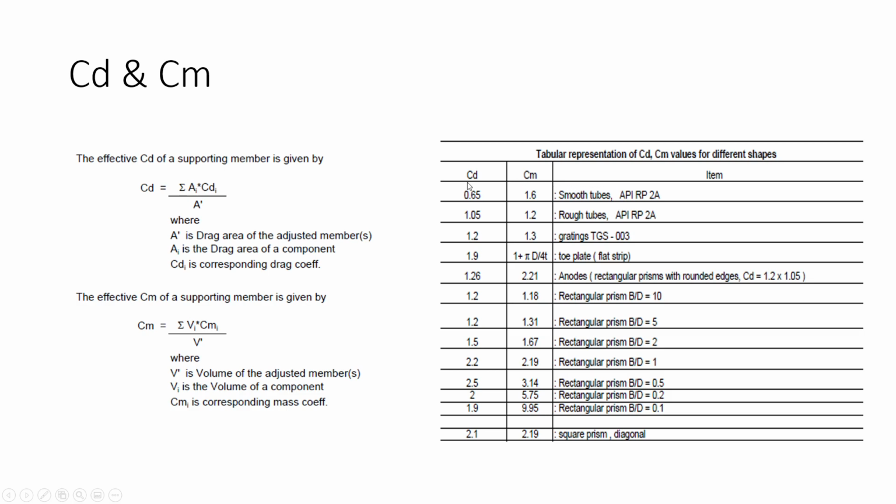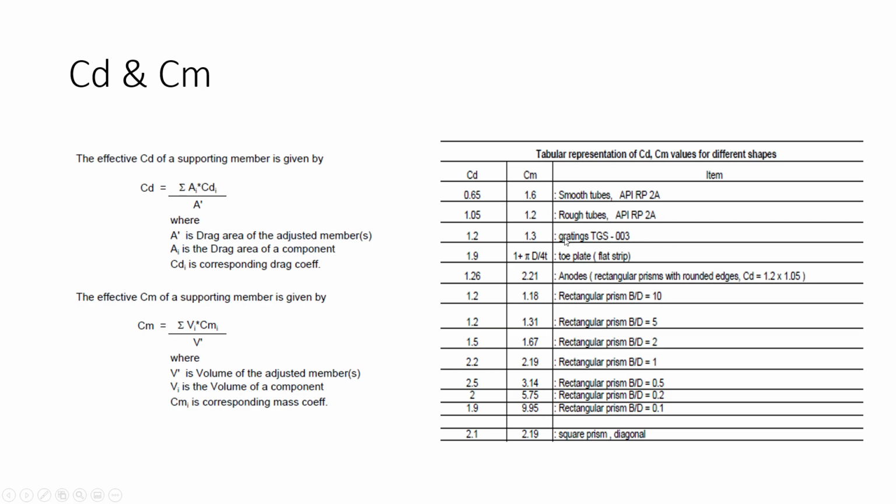But when we are calculating on-bottom stability, with no wave load, for the entire depth we have to use smooth tube only, because within 1 day or 2 days we will not have any marine growth. That is a time-dependent process. For that reason we use smooth tubes for on-bottom cases, whereas in-place we use rough tubes. But wherever the splash zone is there, we have to use 0.65, 1.6. I will tell you where to apply all those things.